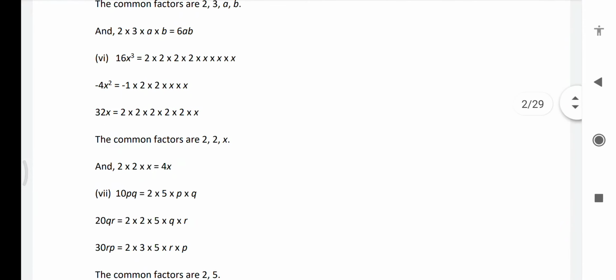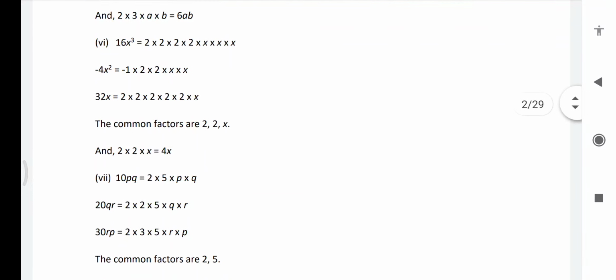Now underline common factors 2, 2 and 2. Again 2, 2 and 2. But now it is not possible to continue. In the last there is only one x. So we can write x, x and x. So multiply it. 2 multiply 2 multiply x, that is 4x. 2 2s are 4. X is the common factor.